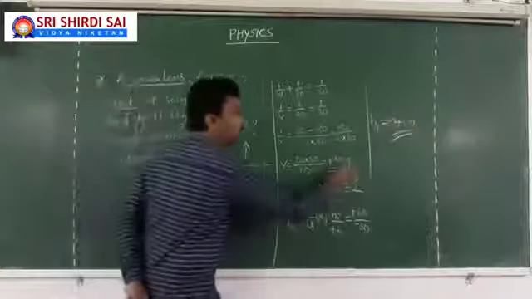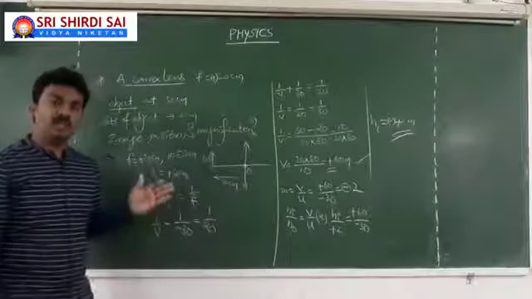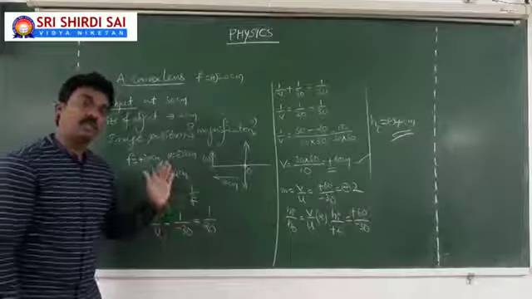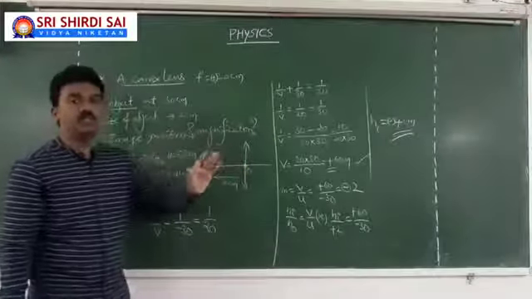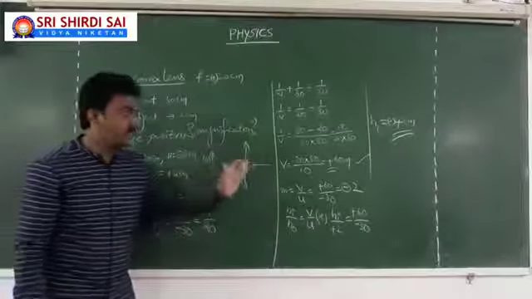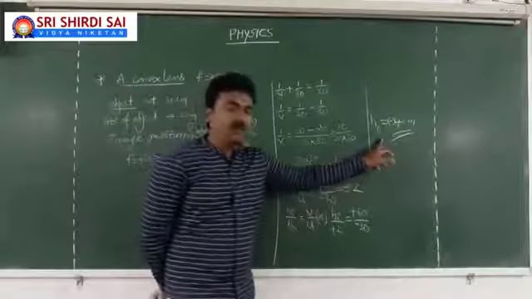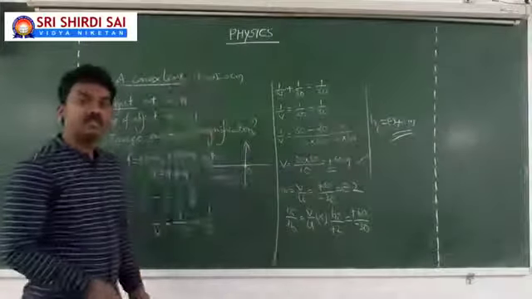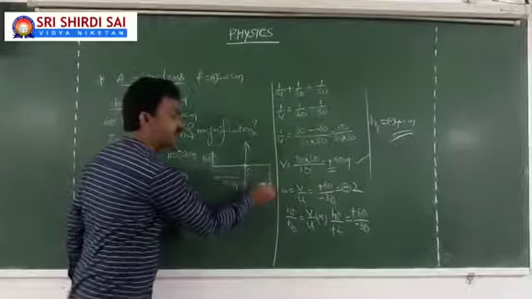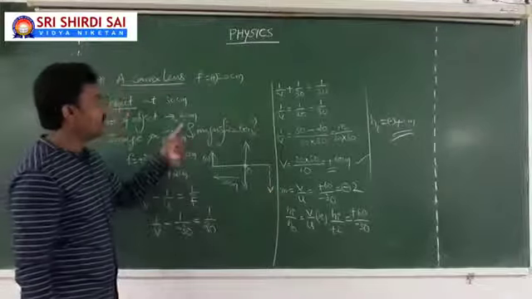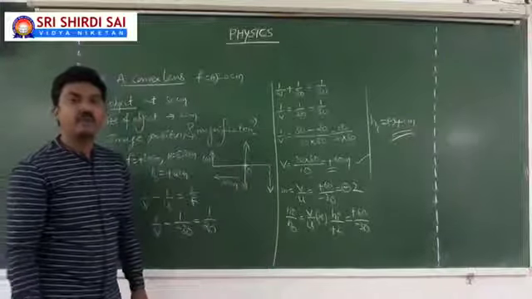So look at this: image distance is plus 60 centimeters, which indicates your image is a real image, which is on the other side of the lens. If the object is on one side of the lens, the image will be on the other side, because it is a real image at 60 centimeters from the optic center. And you have got the size of the image equal to minus 4 centimeters, which indicates your image is inverted, below the principal axis. You see, when the size of the object is 2 centimeters, the size of the image is 4 centimeters, which means your image is magnified.